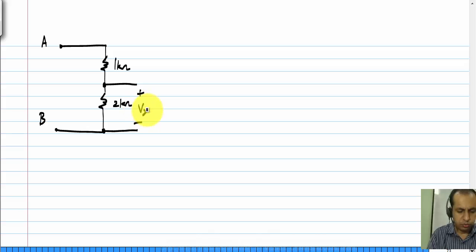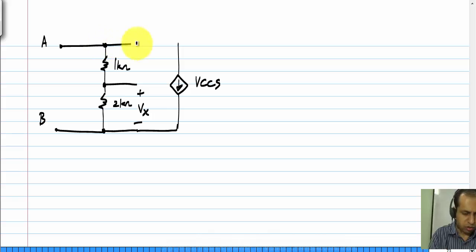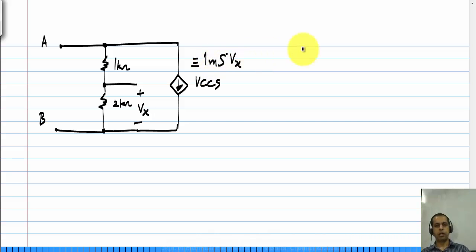Let me define this voltage as Vx, and I'll define a voltage controlled current source, which is 1 millisiemens times Vx. And again I ask what is the equivalent between the nodes A and B, and